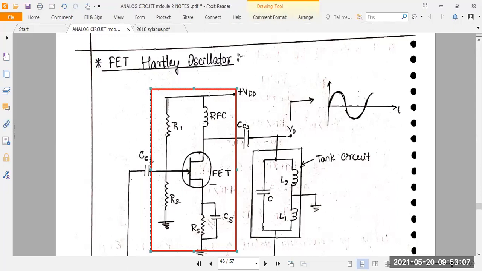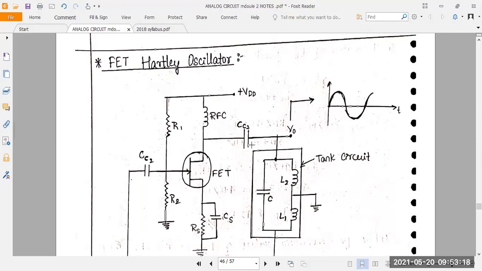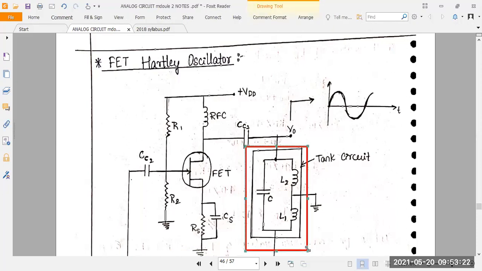So the output of this amplifier, again it is going to a coupling capacitor. Okay, the output of the amplifier is going to a coupling capacitor. From that, they have connected the feedback network here. Okay, what is the feedback network here? This one. This is the feedback network. Understood? From the feedback network, again you have to generate 180 degree phase shift.